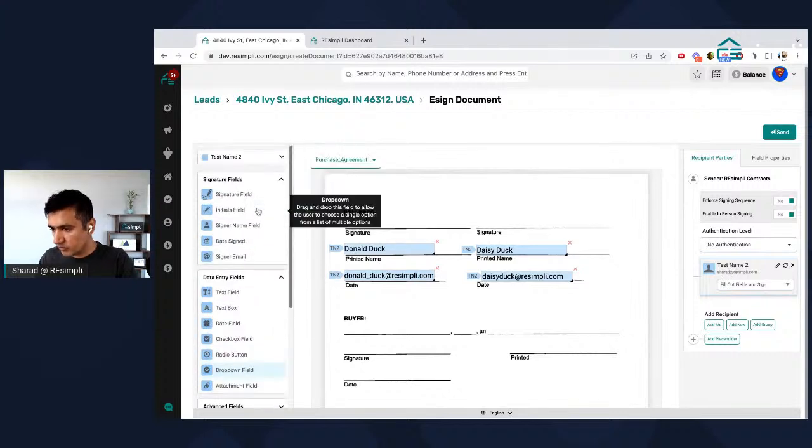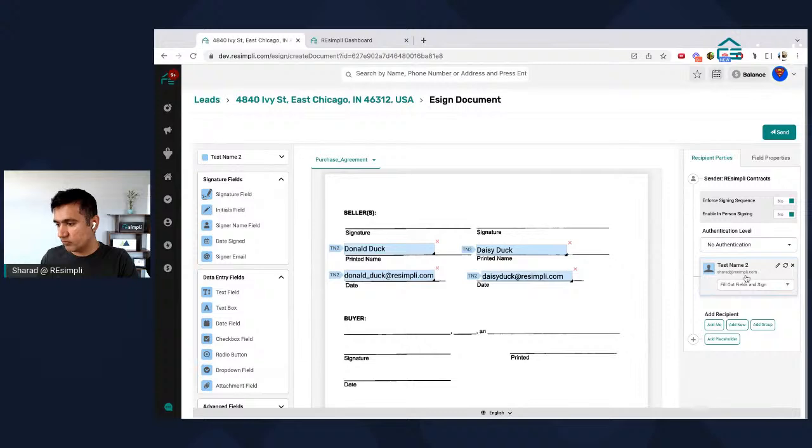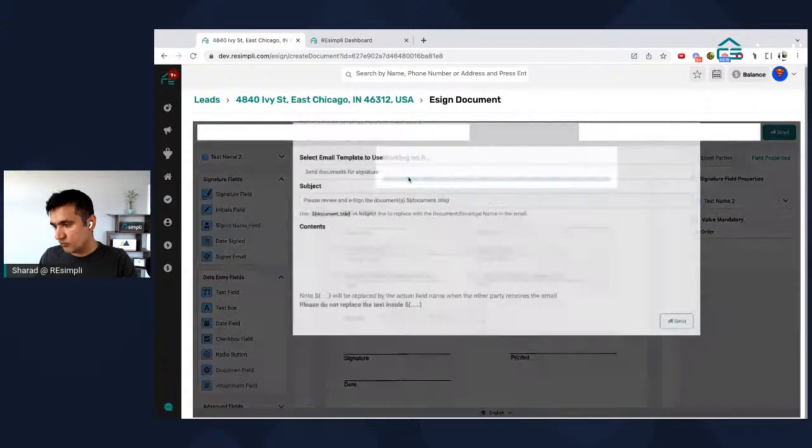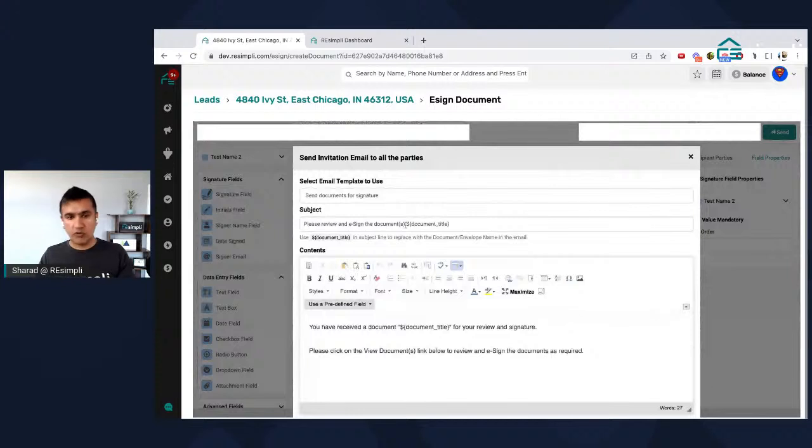Yeah, I don't think I filled it out correctly, but yeah, you would just do that once you have that information. I think I was missing a signature field. Yeah, so once you add a signature, which is one of the required fields when you're sending it out, and then this is what the pop-up would look like. You can change this right here if you want to put in. Typically what we do is we'll put in the property address, a contract for 4840 Ivy Street, and then send